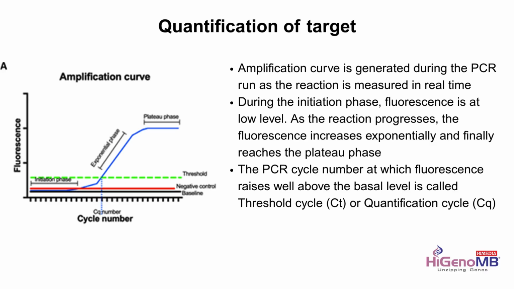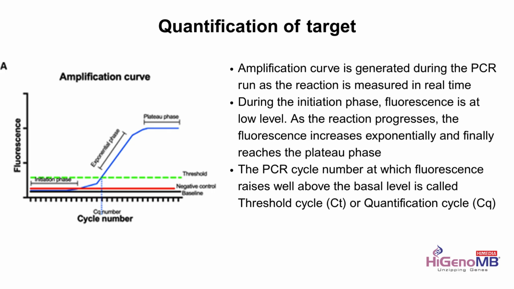So this lies as good as your negative control. But as the amplification proceeds, the fluorescence increases and the PCR reaction produces lots of fluorescence and it gets recorded, and the intensity of fluorescence increases with the increase